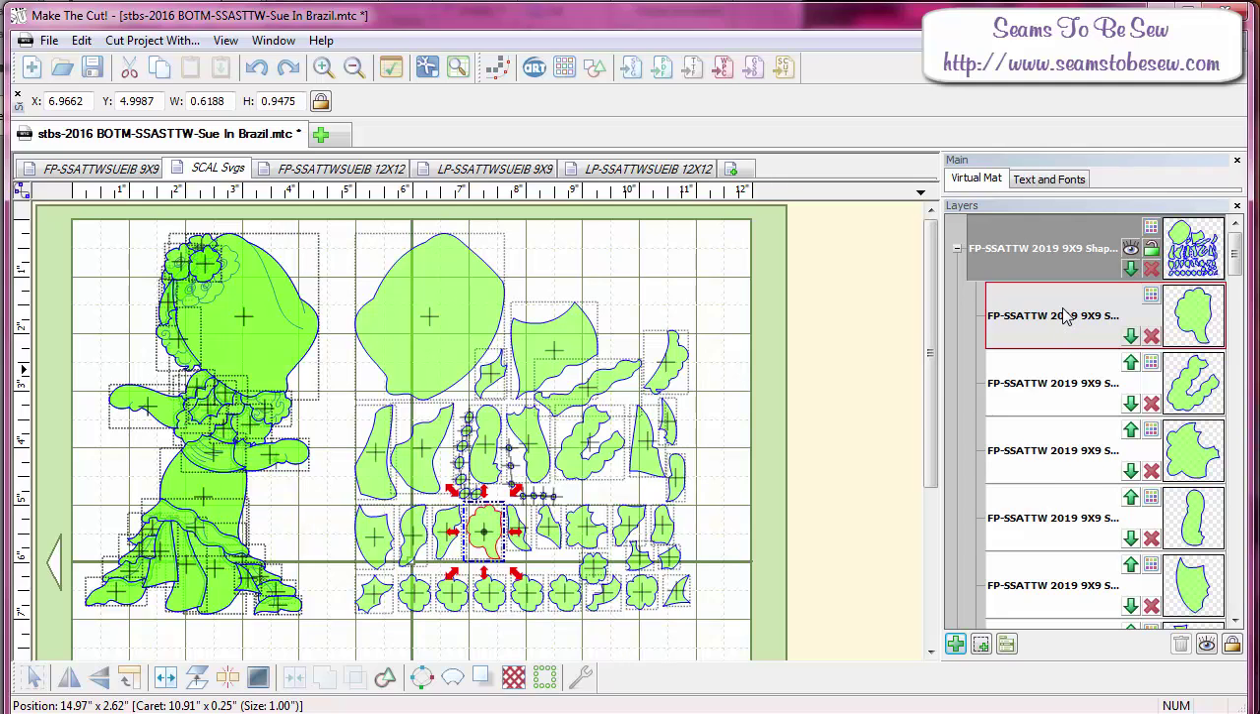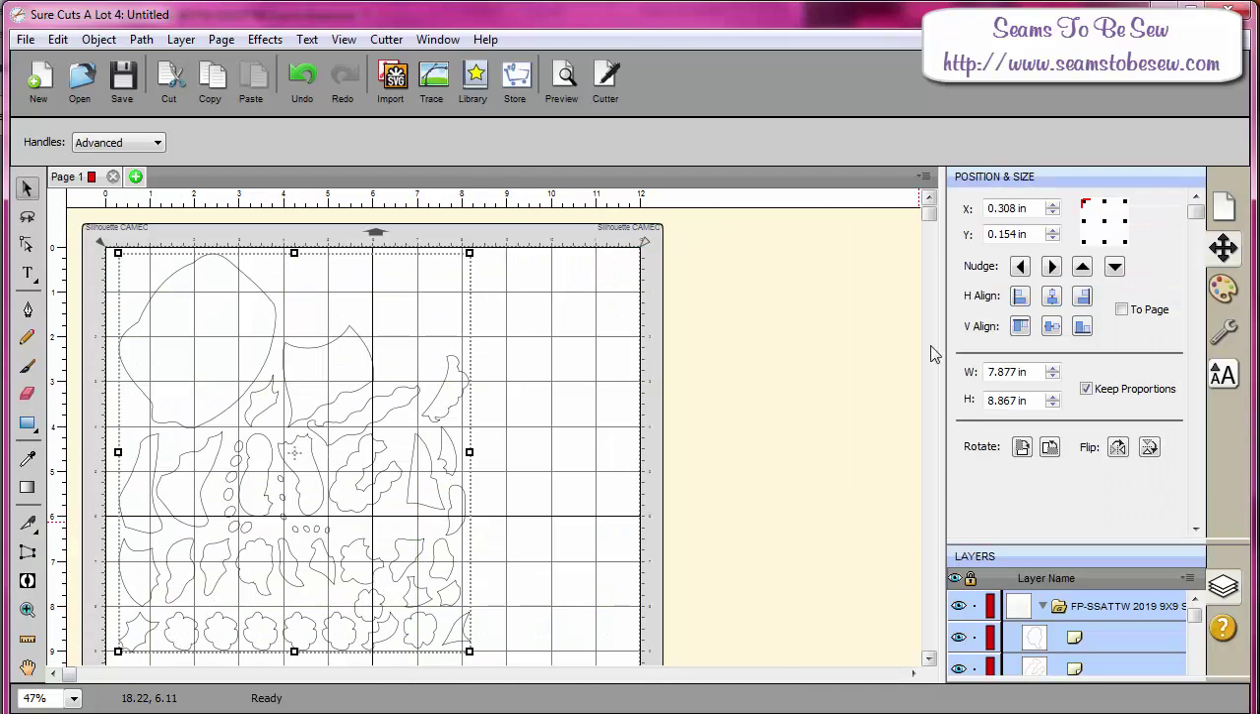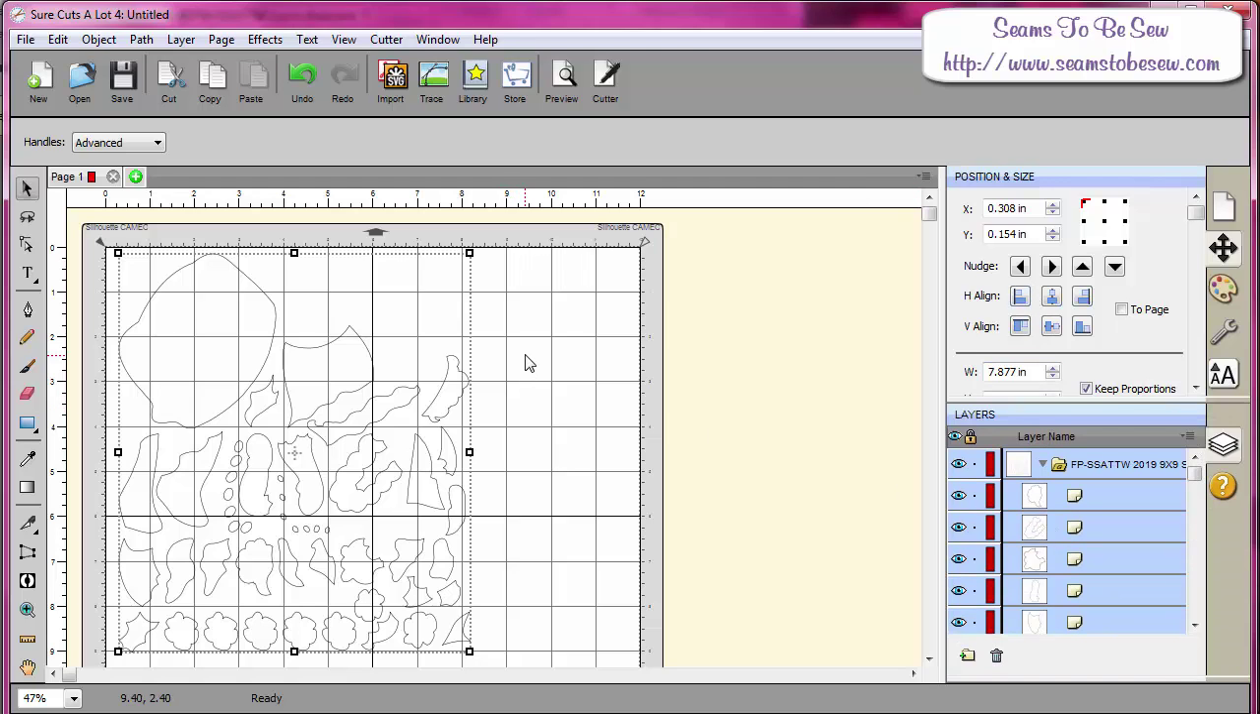Now if I take an SVG that I open in Sure Cuts Alot from MTC, it remembers the name also of the SVG. Let's see if I have that open. In Sure Cuts Alot, I have shown here an SVG that is its own SVG file. This was originally saved in Make the Cut, resaved in Sure Cuts Alot, and then reopened in Sure Cuts Alot. And as you can see here, there are no names